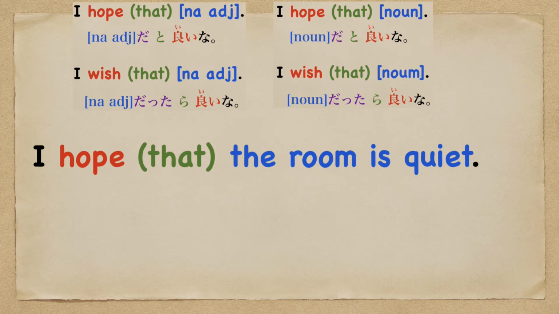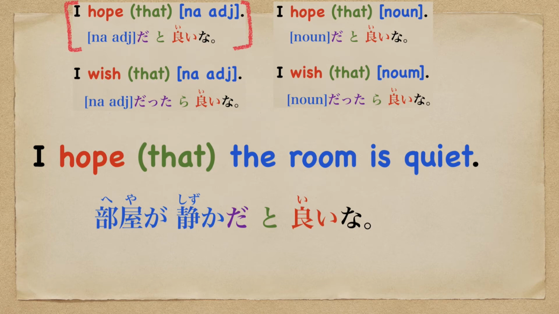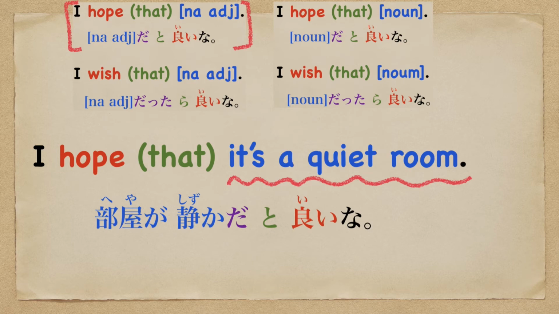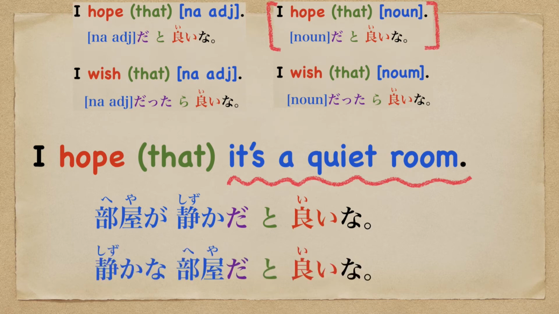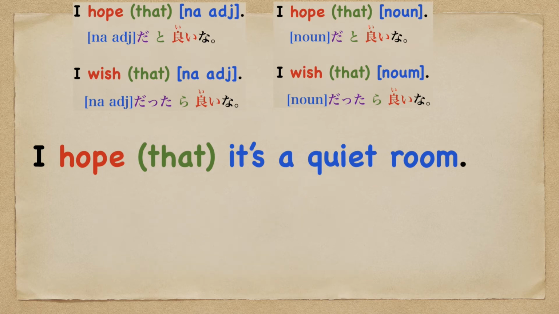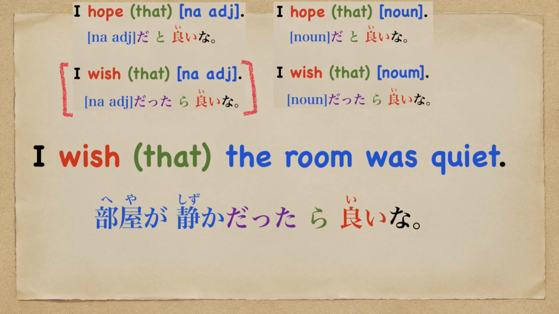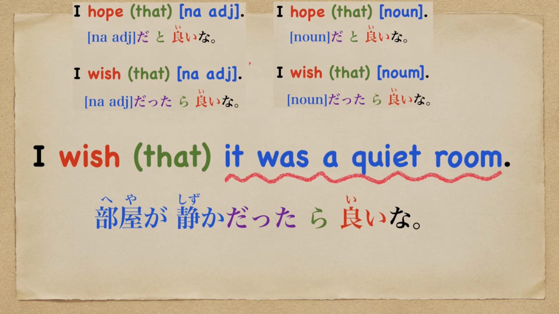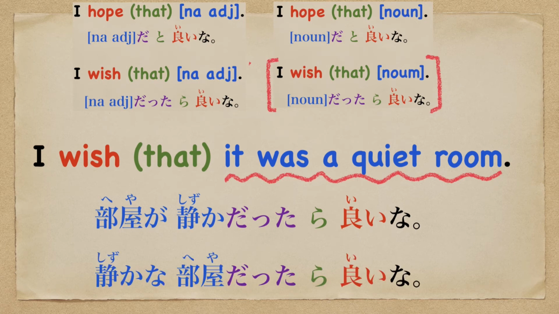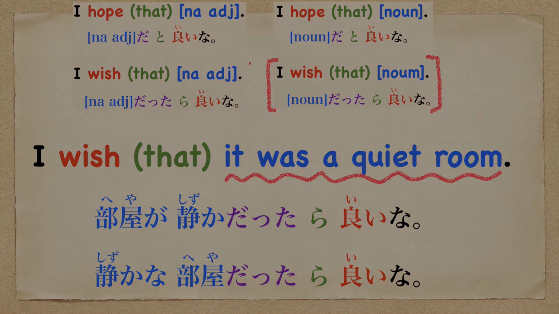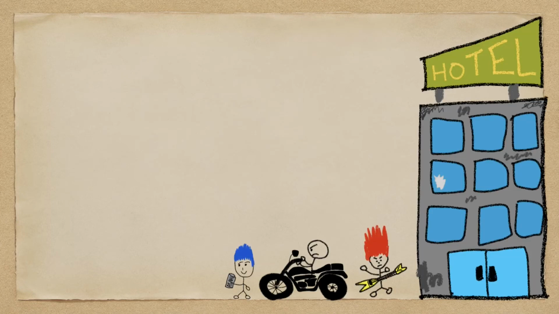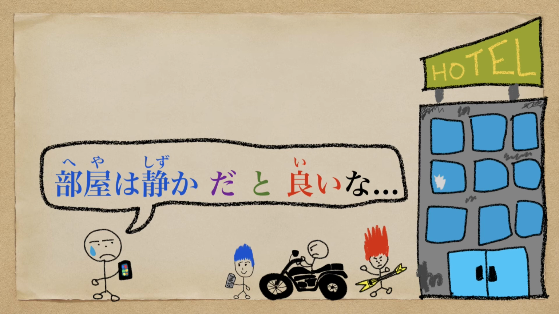I hope the room is quiet. 部屋が静かだといいな。I hope it's a quiet room. 静かな部屋だといいな。I wish the room was quiet. 部屋が静かだったらいいな。I wish it was a quiet room. 静かな部屋だったらいいな。